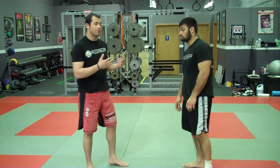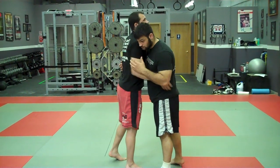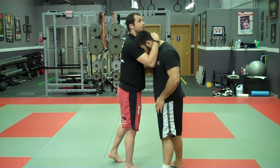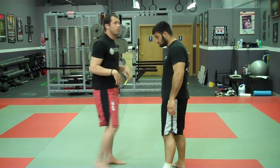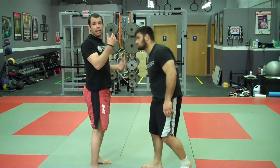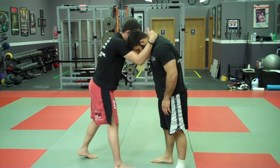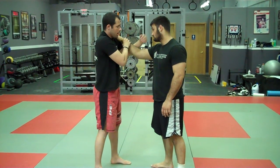This throw usually happens from a clinch situation where we're close together and we're pummeling, or it's a tight clinch situation where I've got one hand on the head and the other arm is being controlled. But obviously it's different from grappling. In grappling, we would have approached each other probably in a staggered stance as we were wrestling, and I somehow got close enough that I got a head control. So you can start with head control, but first and foremost, what I need to make this work is a